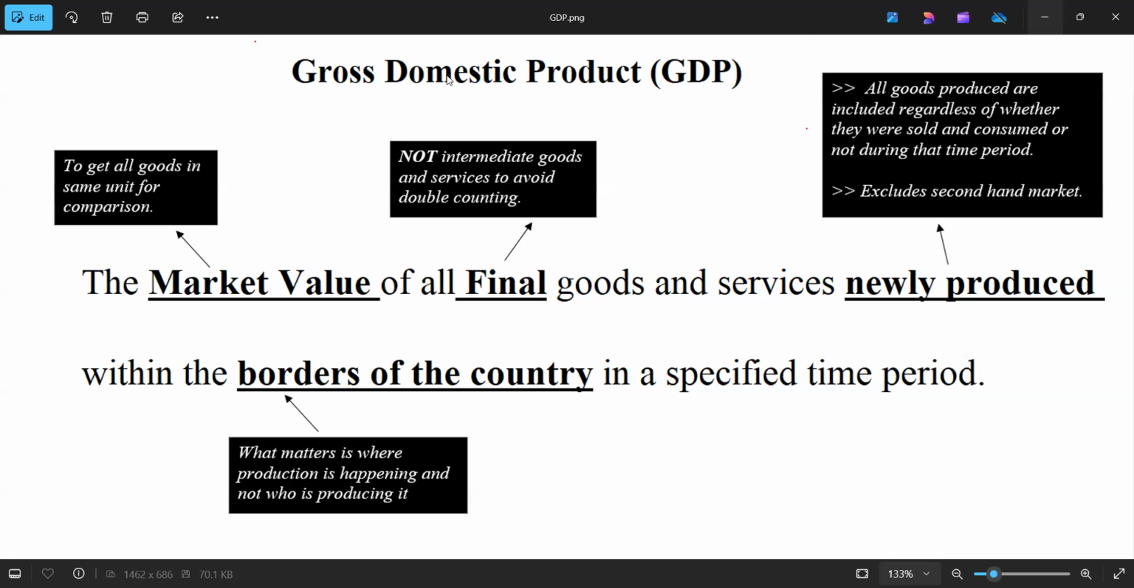So that's all about GDP, with how we basically incorporate the market value of goods and services. We only include final goods and services and not intermediate goods and services. And we're talking about new production, which implies two things. Number one, that all those goods and services that are being produced are going to be included regardless of whether they are sold and consumed or not, and we will not include any second-hand goods. And lastly, that it's all those goods and services which are produced within the physical borders of your country, irrespective of who's producing them. So that's all about